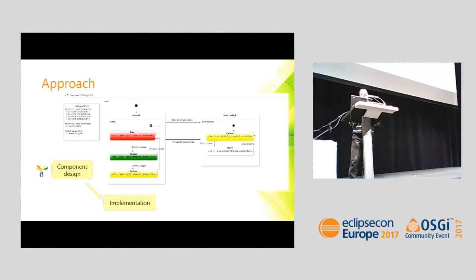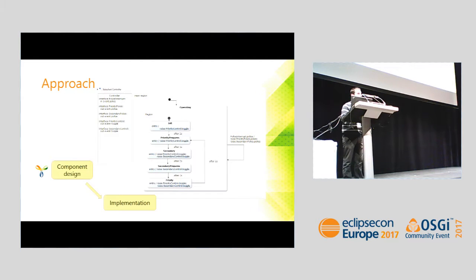So you can use your own tools such as Yakindu state charts to define the control for your traffic lights. This is the controller for one traffic light. You can see that you have a red, green and yellow state, and there is an interrupt region there. And there is a main controller which controls that at first the priority gets green, and after that the secondary, and it also controls the interrupts.